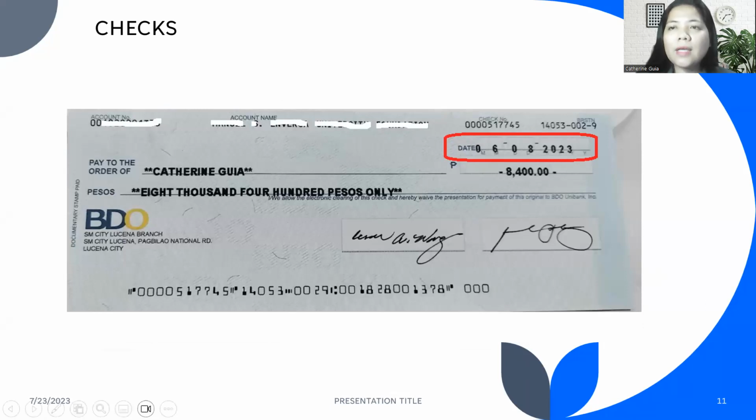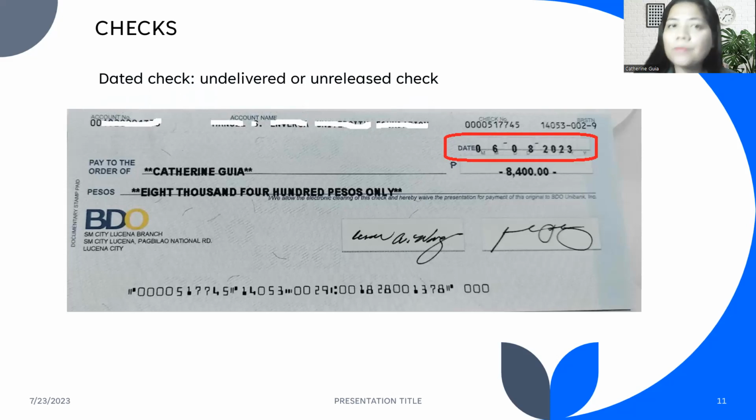a check, dated on June 8, 2023, today, assuming that today is June 8, 2023. So what do you call that check? That check is called dated check. And if that check was given to the supplier the same date, the supplier can encash immediately. Okay? And if that is the case, so the cash in bank of the company will definitely reduce. However, if the dated check